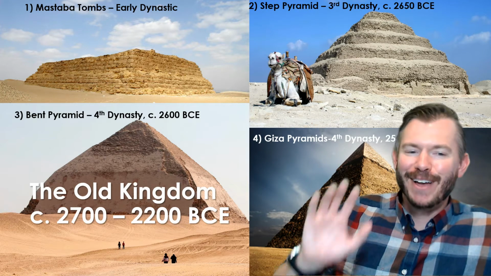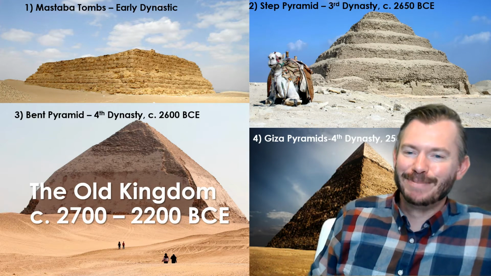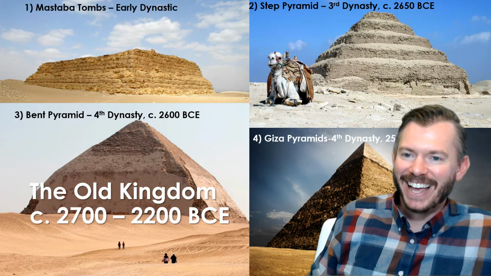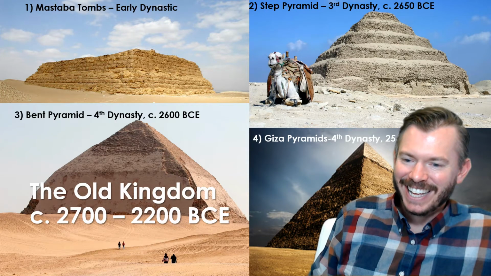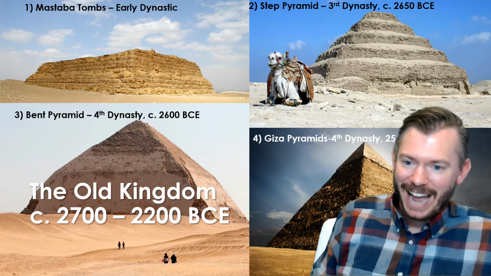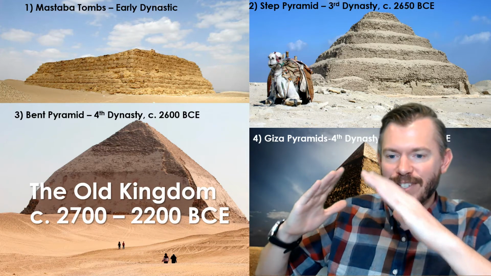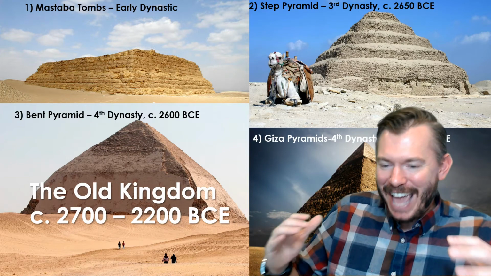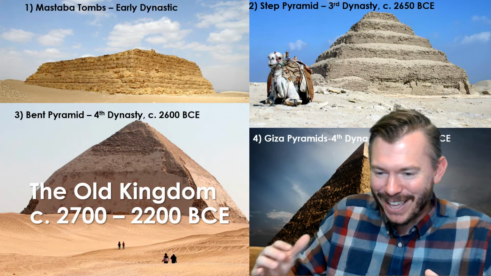They come out of these mastaba tombs, then the step pyramid. This one guy, Snefru, I teach an Egyptology class, I'll be doing it over the winter session at least, and we'll get into this in a lot more detail. But Snefru is the first guy to try to make a true pyramid with smooth sides. But he can't quite get it right, so he tries like 3 or 4 times.